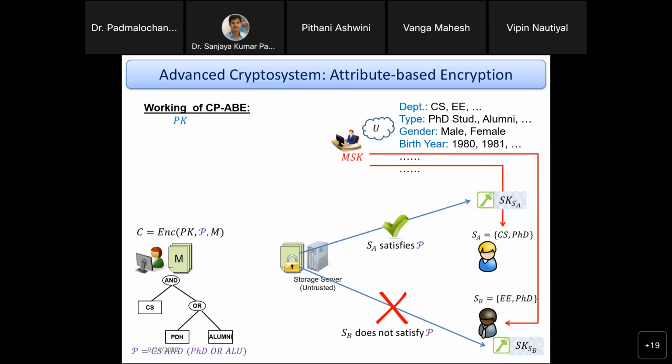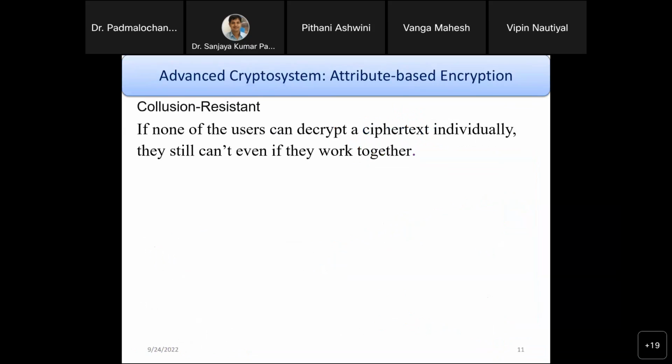But there is internal mathematics for every stage: encryption, decryption, secret share generation. There are procedures or algorithms associated with each such step. And one of the important problems of this attribute-based crypto system is